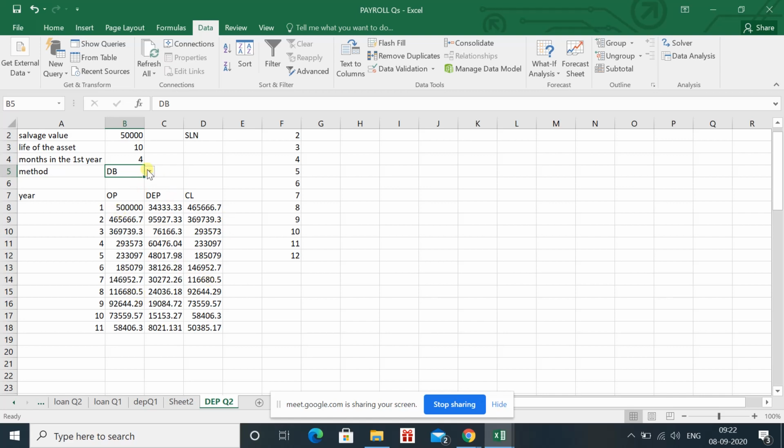So you can see when I am changing the method of depreciation all the values are changing. This is the benefit of applying the formula. So you can see I have just applied the formula in the first year, and in the second year of the depreciation I am getting the value. So this is question number 2 of depreciation, and if you have any doubt please raise your doubts.